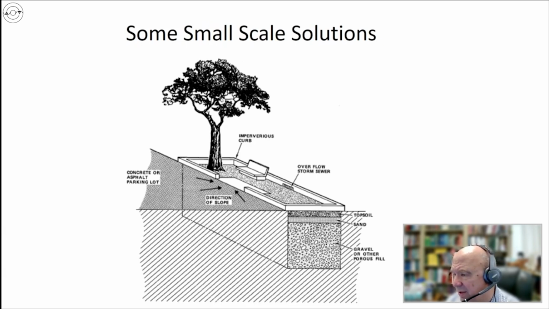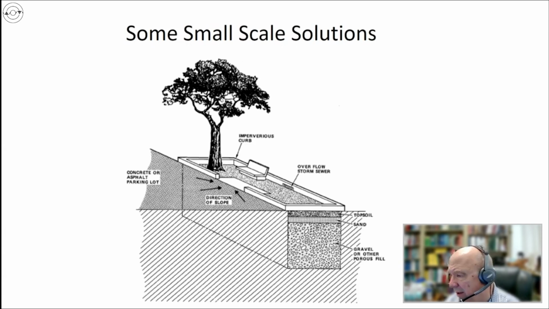And so I thought to myself, well, that's not a very sustainable way to manage this. We could build different types of infiltration devices so that we could reduce the amount of runoff, and we might be able to produce some better situations with plant life. So this was the picture I drew and put in a paper, and it's a tree in a box in a concrete or asphalt parking lot. And we sloped the parking lot towards this infiltration box, and you can see the box is open and the water can flow in. And I put a park bench there, and I put a tree, and then there's an overflow to the storm drain or the storm sewer.